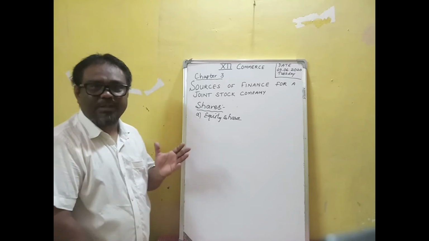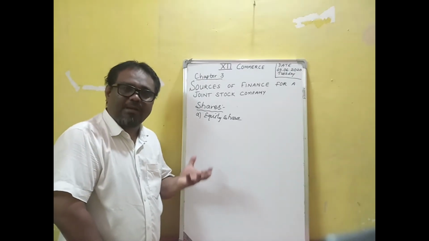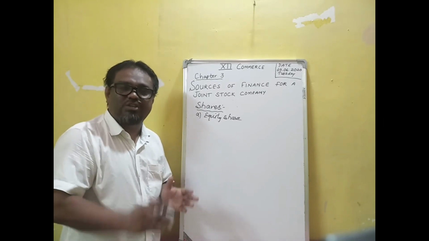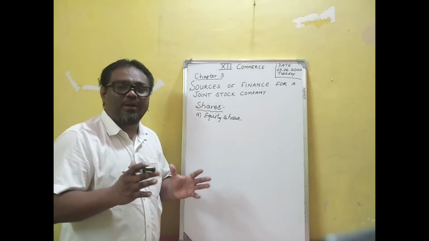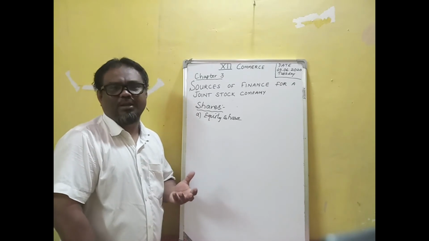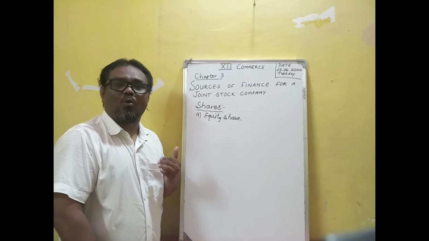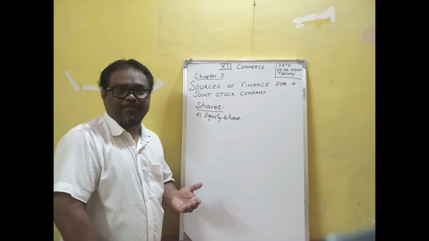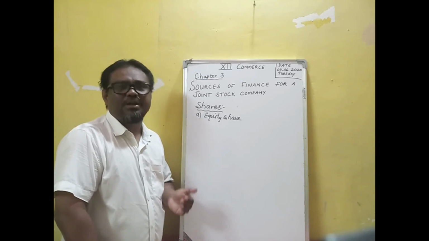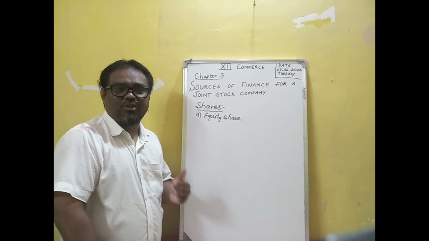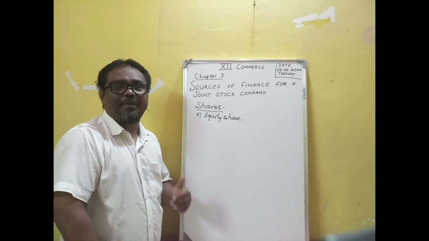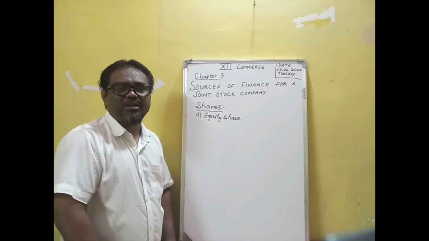If a company collects funds by issuing equity shares to the shareholders, and the total is accumulated together, we call it equity share capital, the capital of a joint stock company. These equity shareholders are the owners of the company, and they get a dividend. Dividend is payable by the company to each equity shareholder. Every equity shareholder expects a good return, called a dividend. So the company declares a dividend to the equity shareholders.